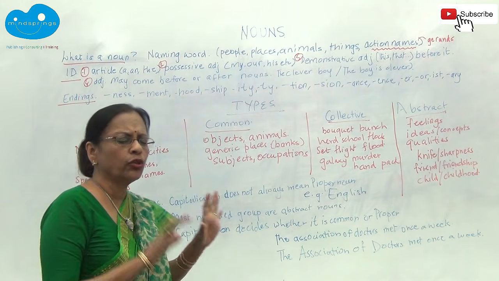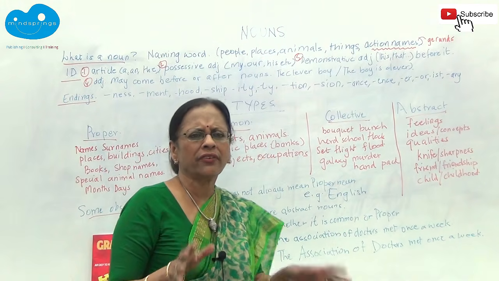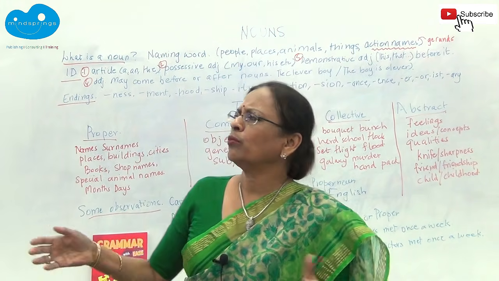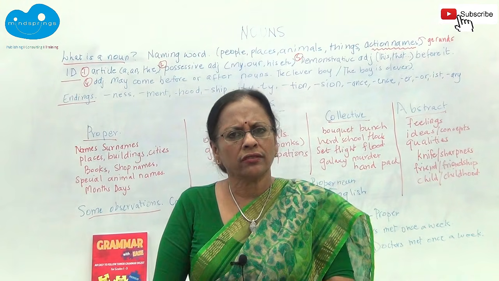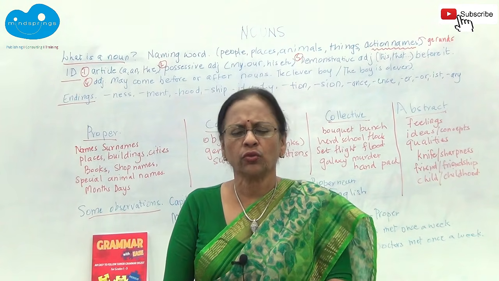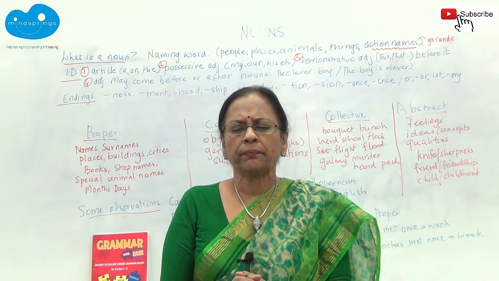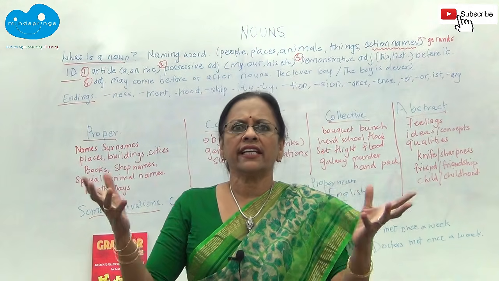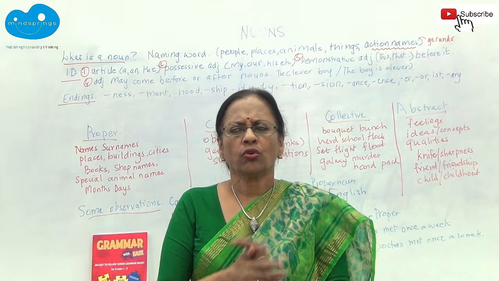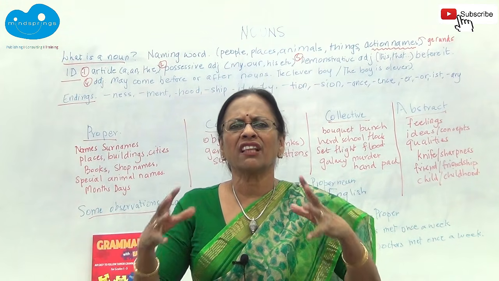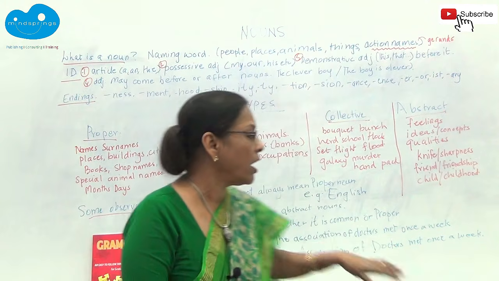Common nouns, now there's a huge confusion. Common nouns are very easy. So you can look around the room and everything that you see is a common noun. They are concrete nouns. You can see them, you can touch them, you can feel them, most of them. Even if you can't see air, you can feel it. So it is still a common noun. So all those are basically things and they are common nouns.